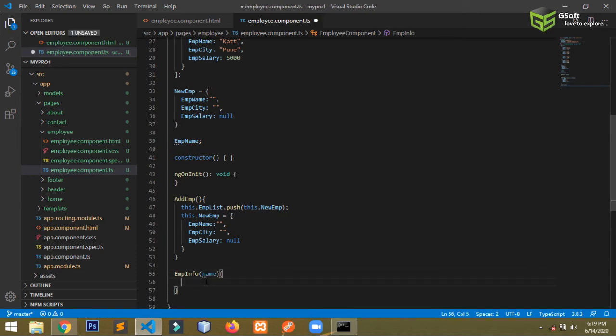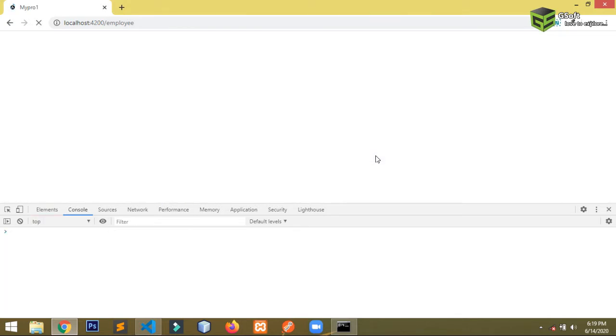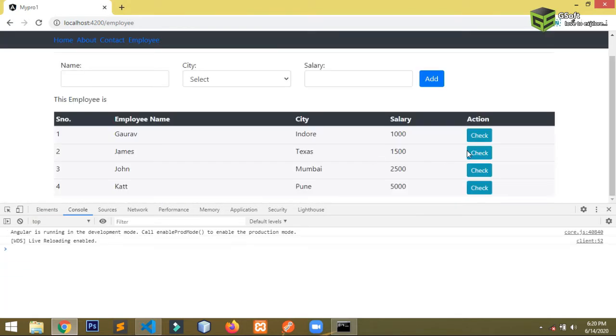Then I will write this.emp name equals to name. Okay guys, so when I click on check button, it should show Gaurav here. This employee is Gaurav, this employee is James. So in this way you can use this.